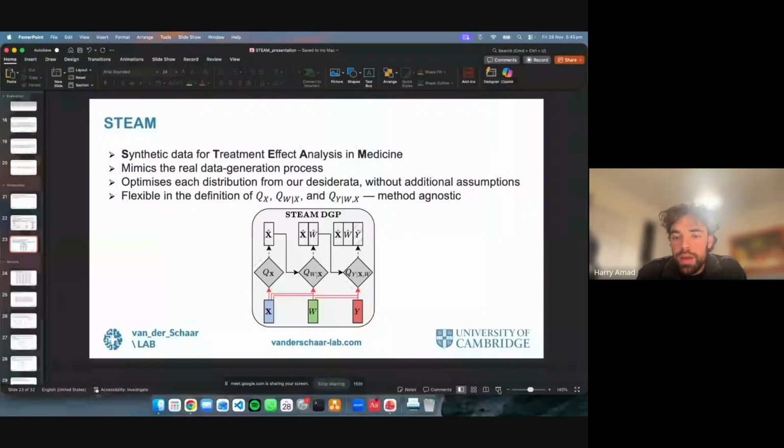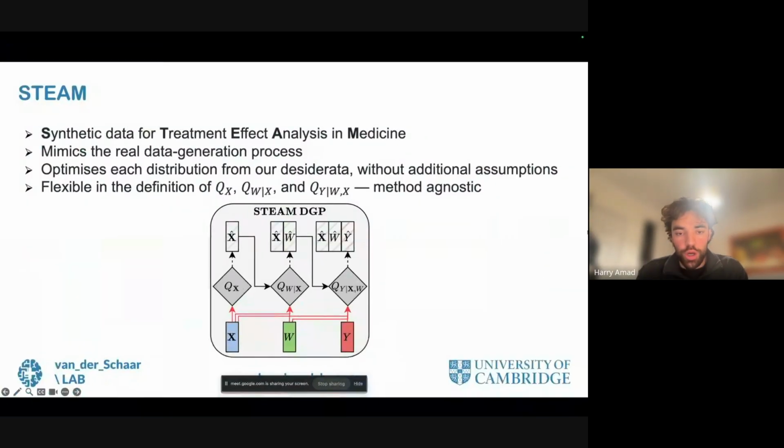So in the STEAM model, right, you have the Q of X, Q of W of X, and so could you explain the role of each of those distributions in the STEAM model? Yep, I'll share my screen again. So yeah, a typical STEAM model has this generation flow where this bottom row shows the real data that we supply to train the models. And then Q of X, Q of W given X, and Q of Y given X and W are three machine learning models which target each of these distributions individually.